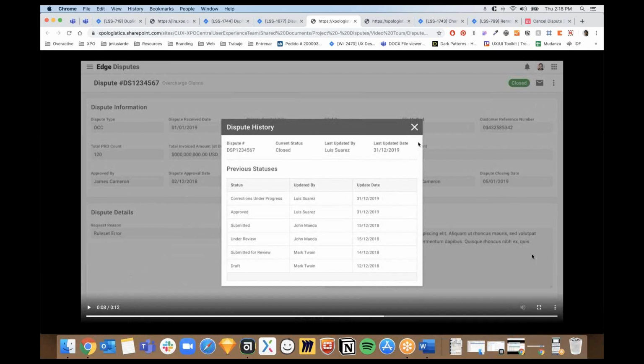Perfect. Excellent. Is there any other thing that you wish to have or you find within the current flow? On the dispute history, can we